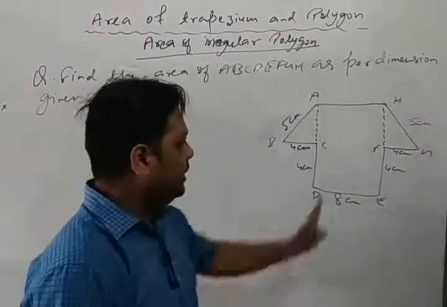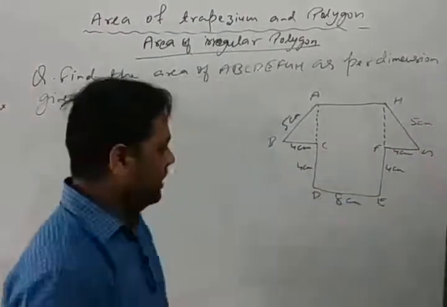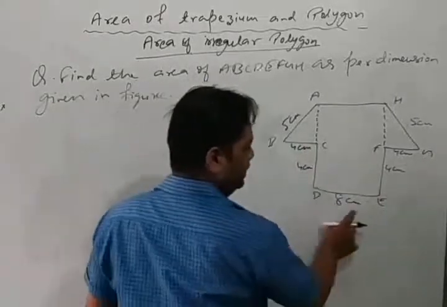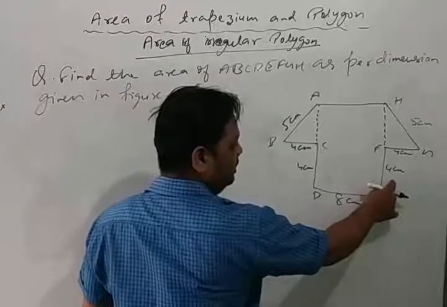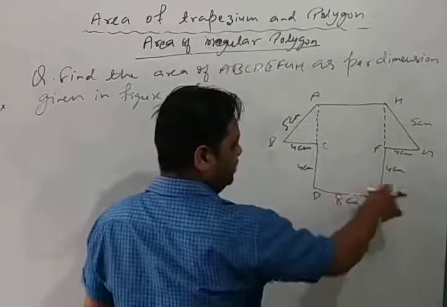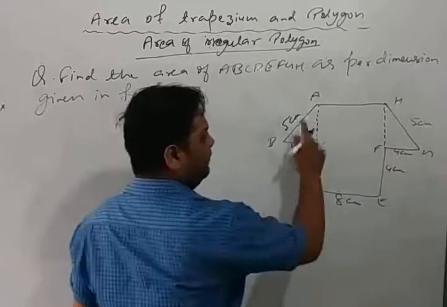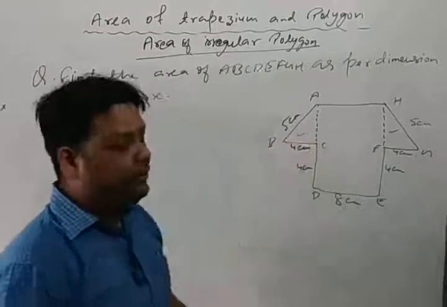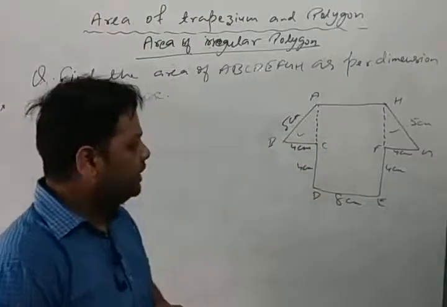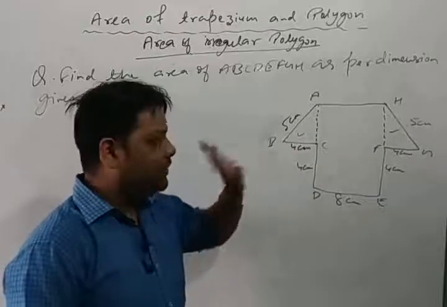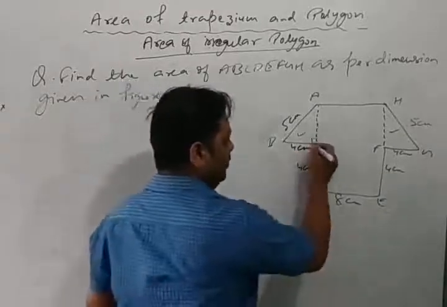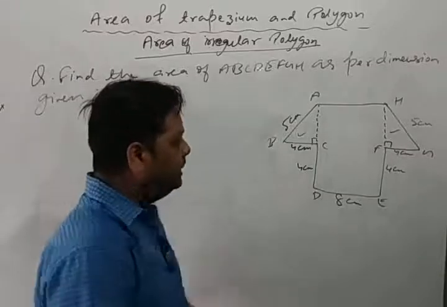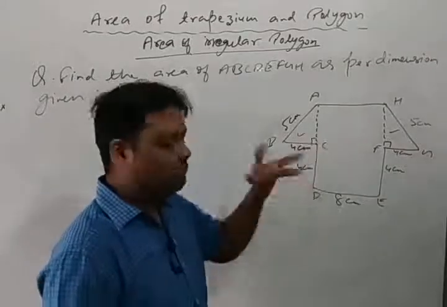We can say that the area of this part and this part are similar. Okay? But here there are 4 shapes. 8 centimeter, this one, 4 centimeter, this one, 4 centimeter, this one. It looks like a rectangle or a square. Okay? And we have to find the area of these two triangles also, and both triangles will be the same. But if we have to find the area of the triangle, it is a right angle triangle, because AC is perpendicular and HF is also perpendicular. Then we need base and height. Base is 4 centimeter, but height we don't know.